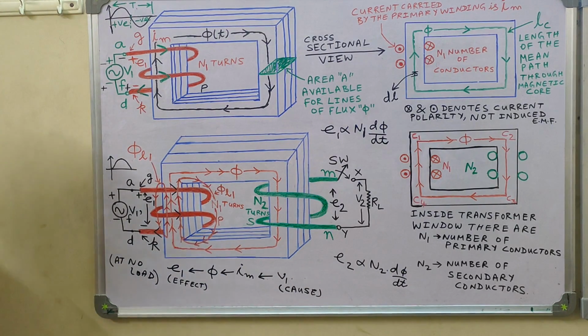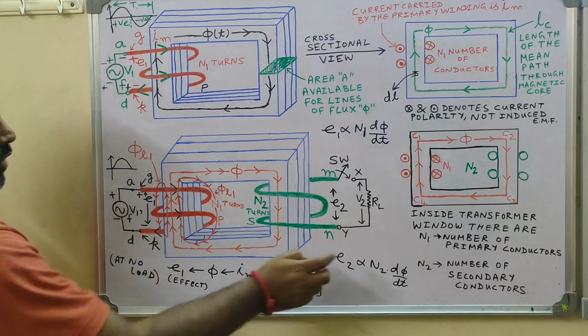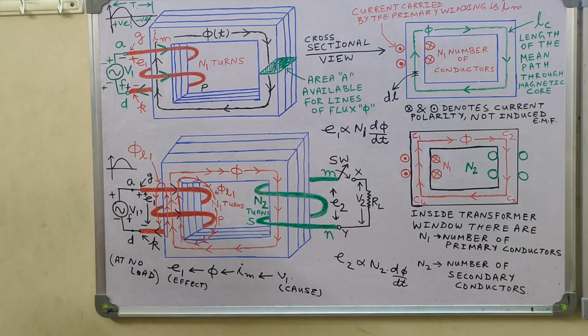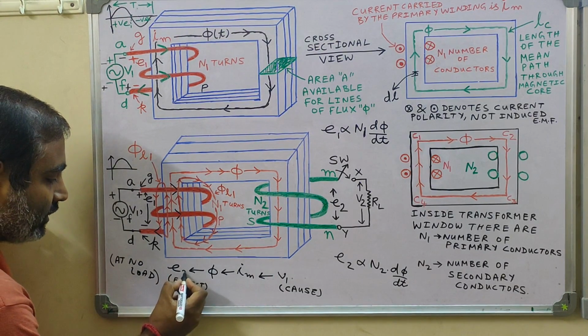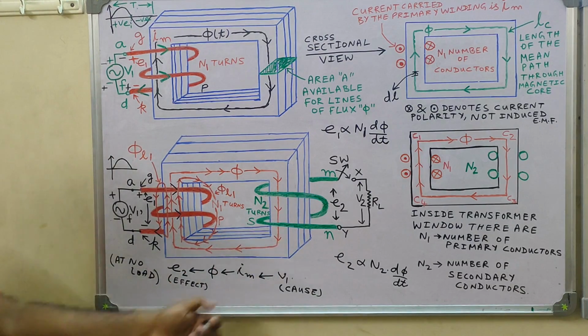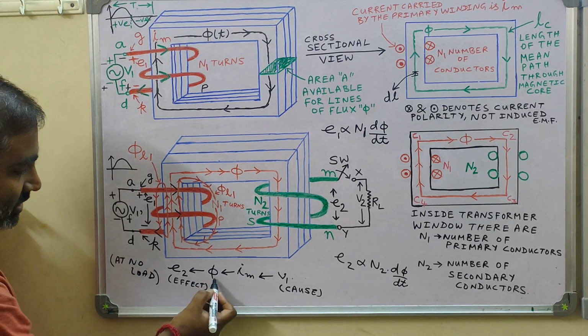for that you have to apply again Lenz's law, but here the application will be in a slightly different way. Why will it be a different way? Because we have to think in terms of how this E2 is going to react with the cause, because we are saying E2 is the effect. So what is the cause? Let us write: why is EMF induced in E2? Why is there an induced EMF in the secondary coil? There is an induced EMF in the secondary coil E2 because of the flux φ.